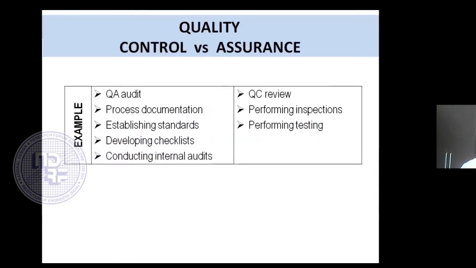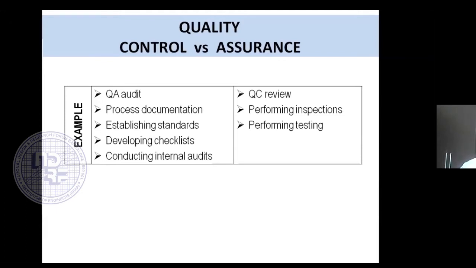So examples of quality control and quality assurance activities. Audits carried out to check whether the systems are in place is one of the primary quality assurance activities. Establishing standards, creating clear-cut documentation so that there is no ambiguity in what needs to be done, who needs to do it, and how it is to be done. This type of documentation is also a quality assurance activity. Developing checklists, establishing quality management systems like AS 9100 or ISO 9000 and getting yourself certified to that standard is one quality assurance activity. Whereas quality control is performing inspections, performing testing,